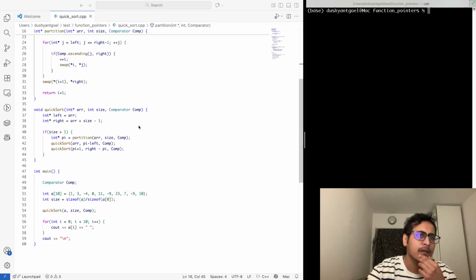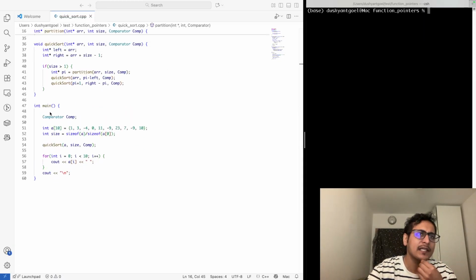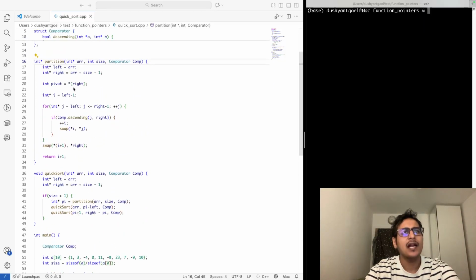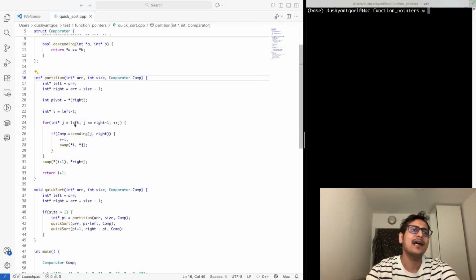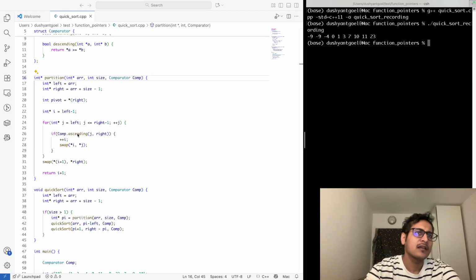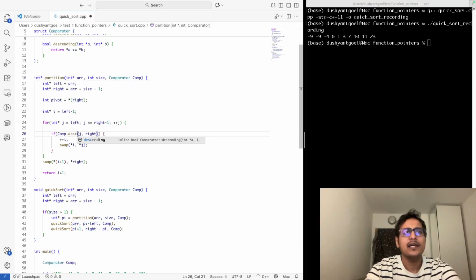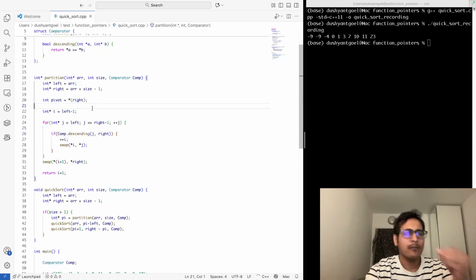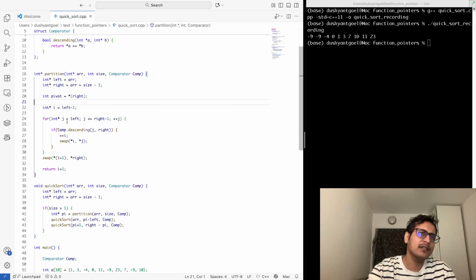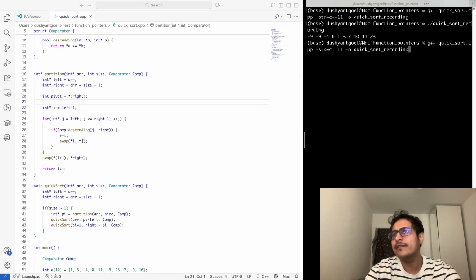So what have we done? We have passed the object of the class around to the quicksort, and through that we have accessed the ascending function. Let's compile the code and run it, and it runs. But we are in a way back to square one because we have to change the code of the partition function to get a different result,